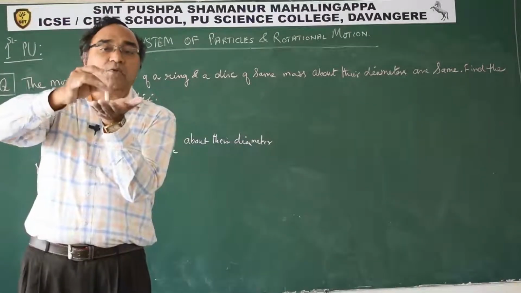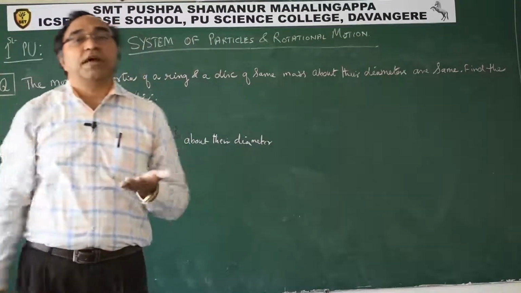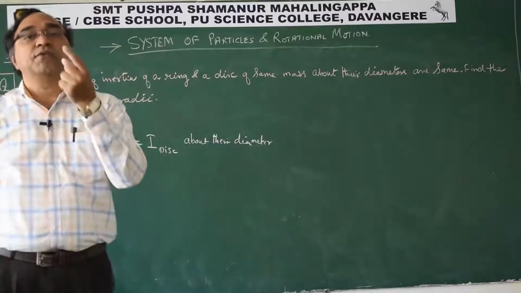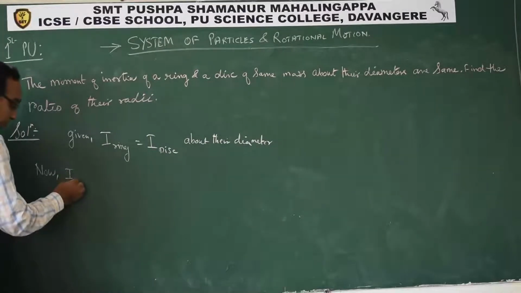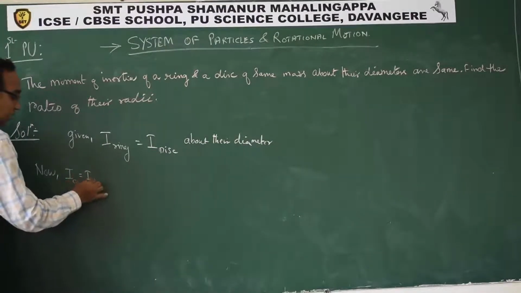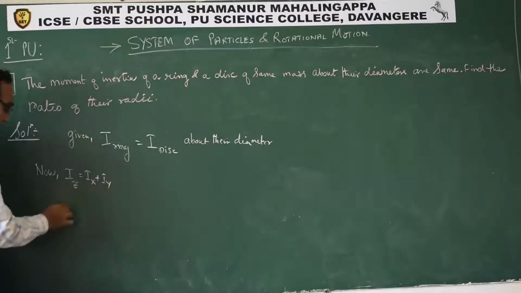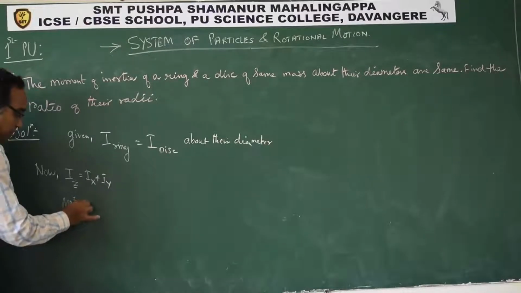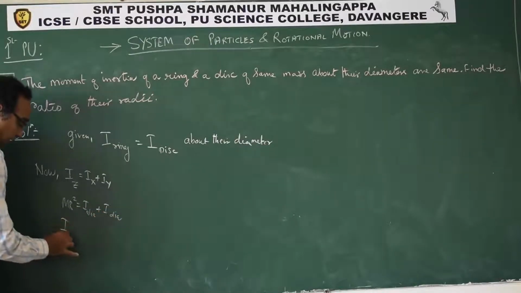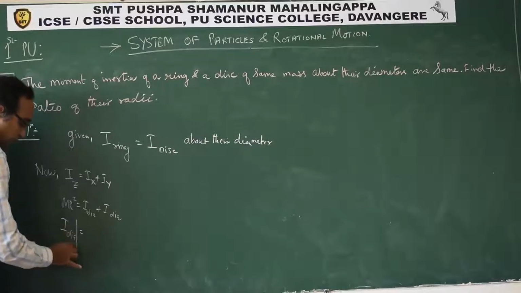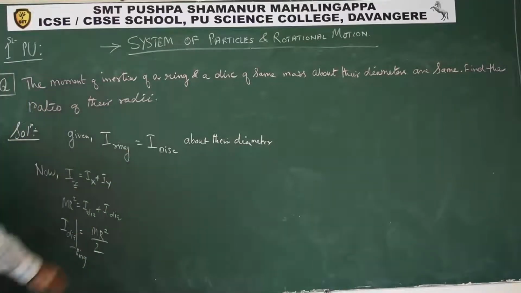So the moment of inertia about the axis is mr square of a ring. I want about a diameter. So the diameter is perpendicular to the given axis. We will use perpendicular axis theorem. So we can say I about the center is equal to Ix. So we can say Iz is Ix plus Iy. So this mr square is equal to I x axis diameter, y axis is also diameter. So we can say I diameter, this is for ring, is mr square by 2. This is what we got.